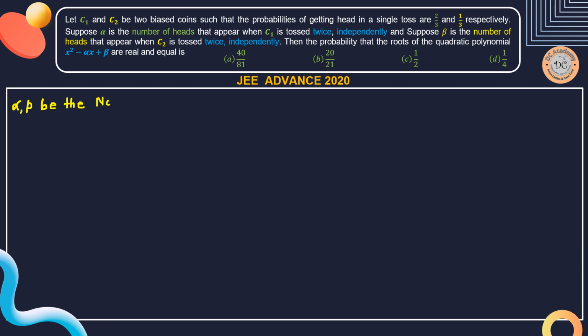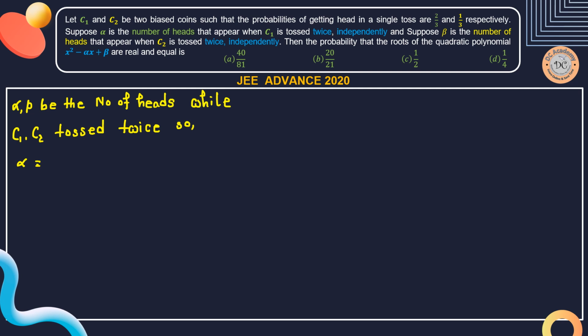number of heads while C1 and C2, both the coins, are tossed twice. So therefore, as alpha and beta are numbers of heads and we are allowed to toss twice,